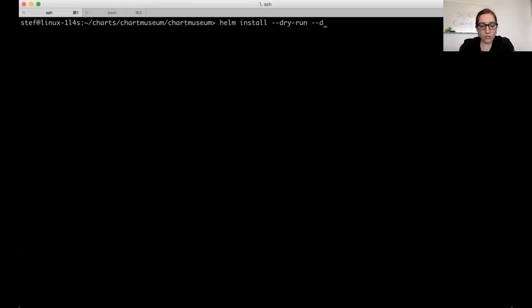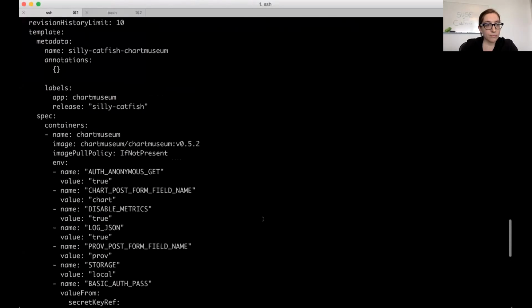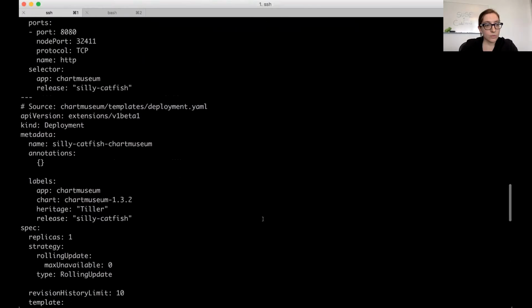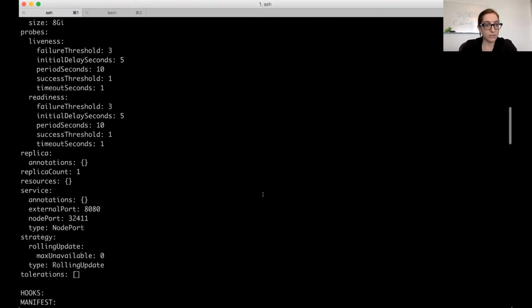There are two flags: dry run, which of course, if you gave it a chart and said to install with dry run, it simply says, I have a release name, but then it does nothing. And debug, when it installs, will simply show you more logging. But these combined, when given either a chart remotely or a local one, as I'm choosing to use, you can see that I have the full, like basic copy paste